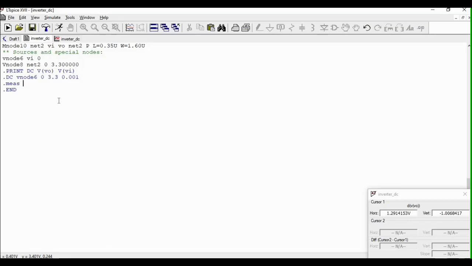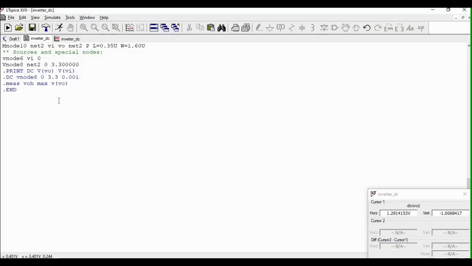Then let us solve for VOH and get its maximum value for V out. So in this command, measure is, of course, a reserved word that is used to enable measuring certain points on your simulation.